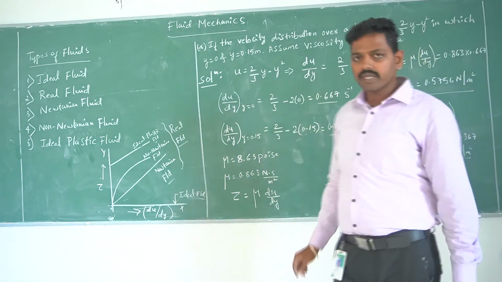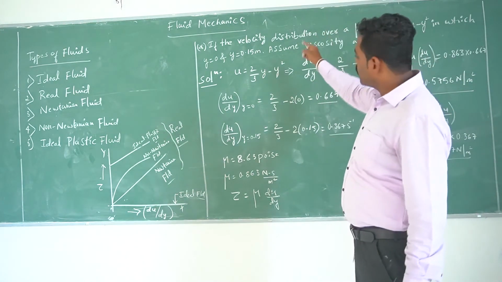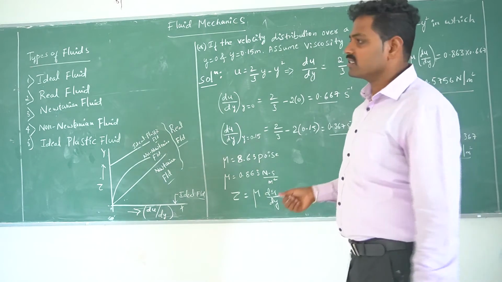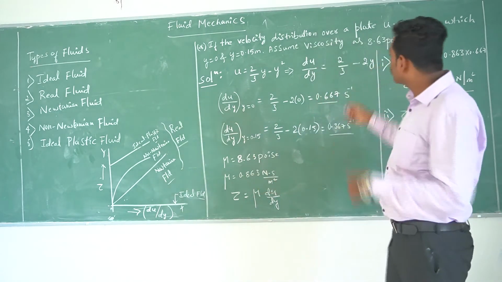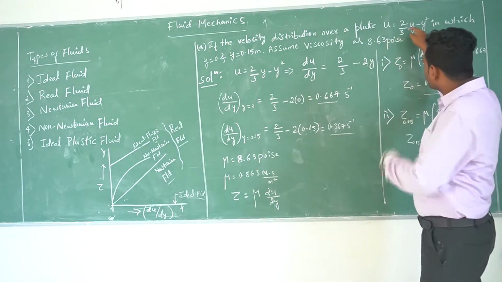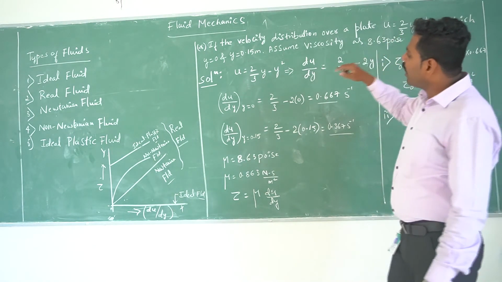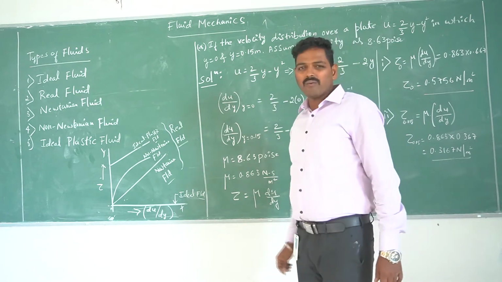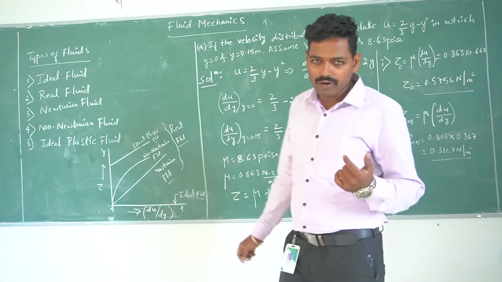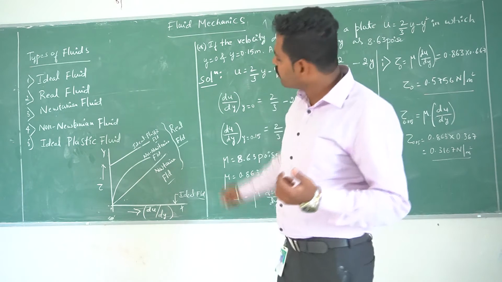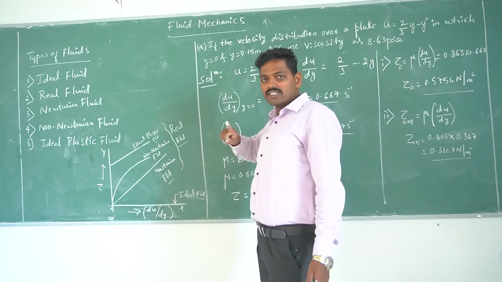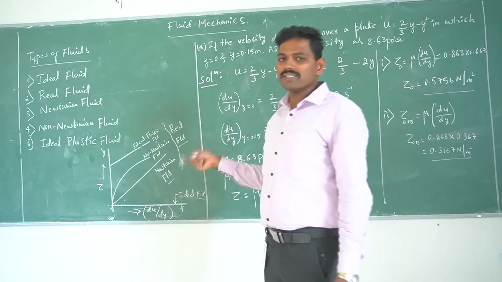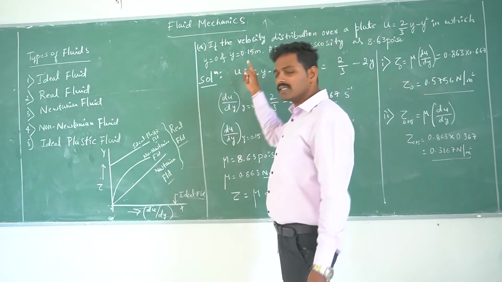So in this question we can see that the velocity distribution over a plate is nothing but the velocity of the plate and how it is moving in terms of a parabolic equation, that is u is equal to 2/3 y minus y square. And what is y? Y is nothing but the thickness of the fluid. There are two conditions. One, y is equal to 0. The first condition says that the thickness of the fluid is 0. Then the second condition says that the thickness of the fluid is